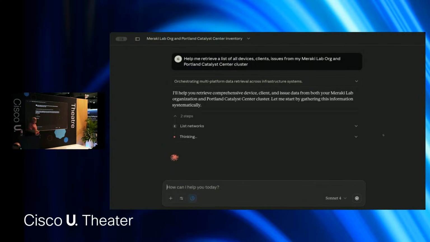Now, we need to realize that for your production environment, you are going to have hundreds of sites and potentially thousands of devices and tens of thousands of clients. If you are going to ask exactly the same question, probably it's going to be challenging because large language models have some limitations as far as how much data we can actually consume in a large language model.